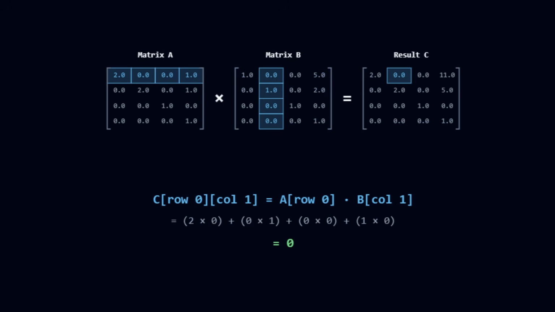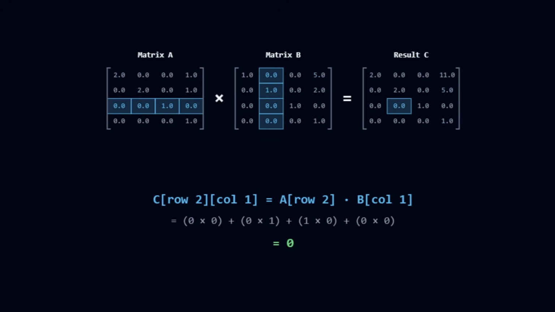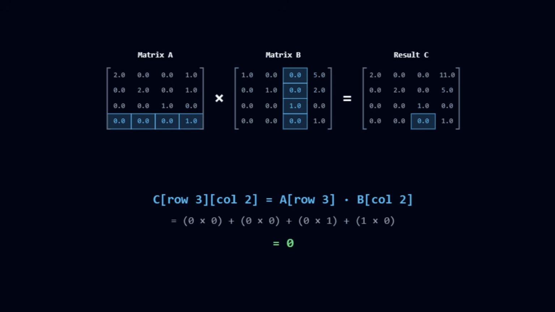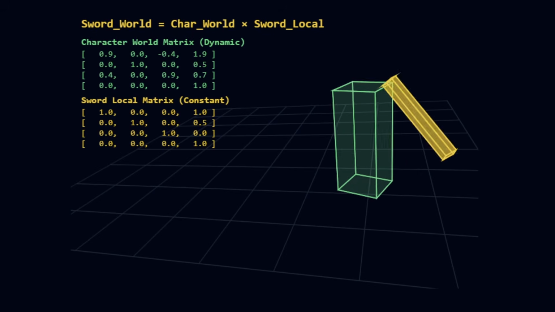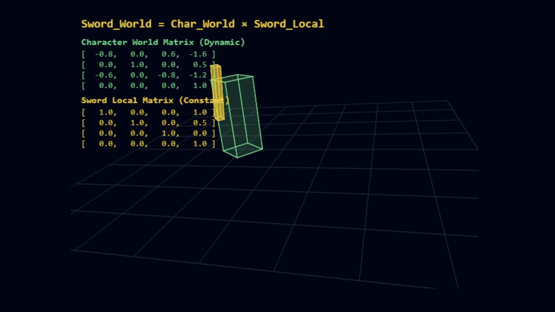That brings us to pure matrix multiplication, multiplying one matrix by another matrix. This is not just about moving a single point anymore. This is about combining entire transformation machines into one mega machine. This is absolutely crucial when dealing with coordinate spaces. Imagine a character holding a sword. In the sword's own little isolated bubble, what we call local space, its center position is just 0, 0, 0,